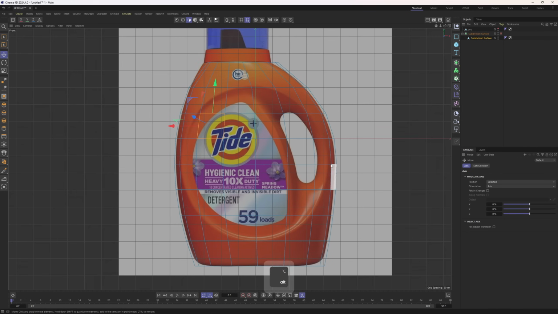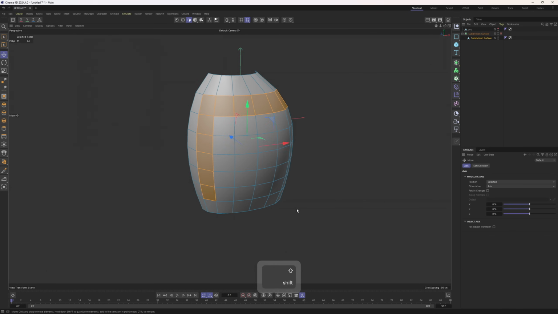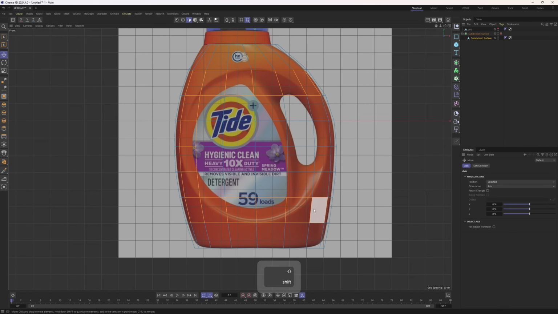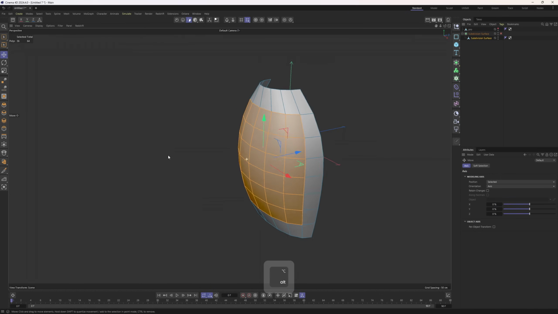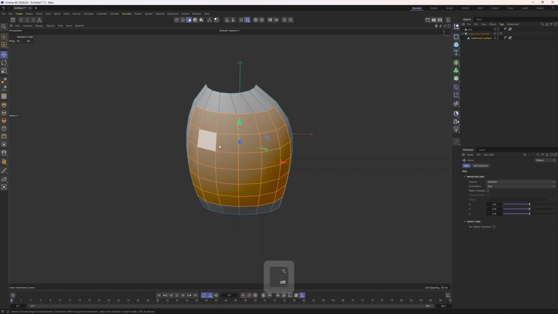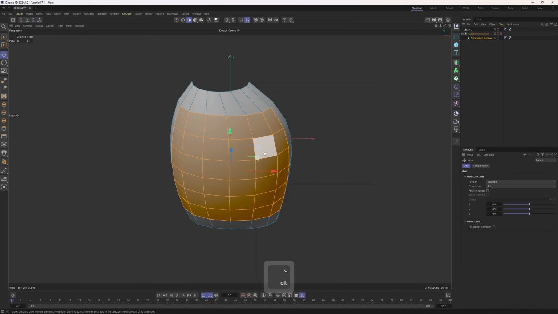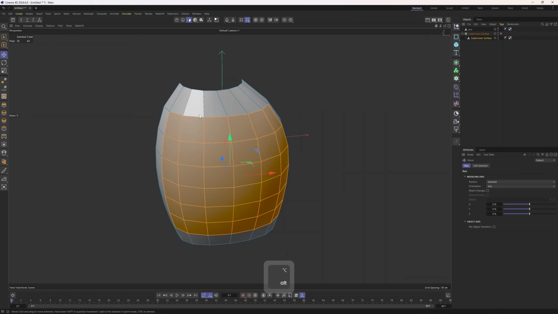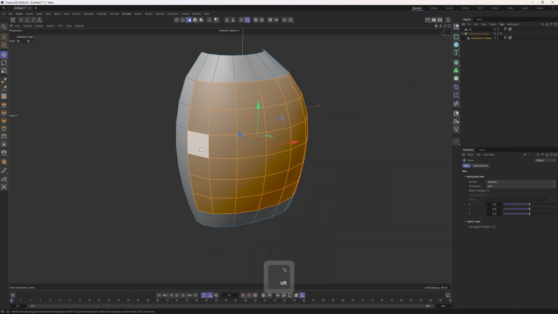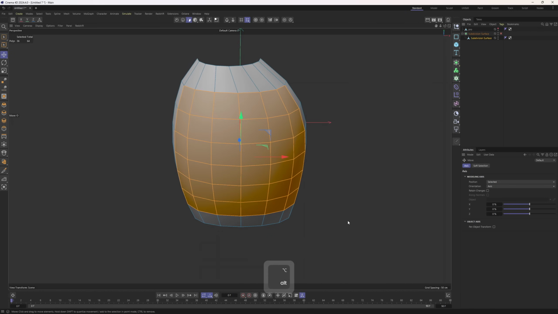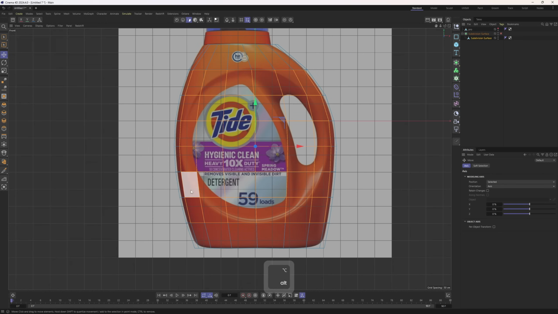Now it is time to create that hole in the middle. First, I need to select the polygons, and these polygons should cover that hole, obviously. After selecting these polygons, by the way, this is the time that you will see the benefits of having a uniform mesh. I have 6 polygons horizontally and 6 polygons vertically, which will make it quite easy to model that